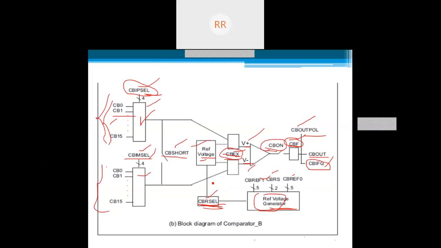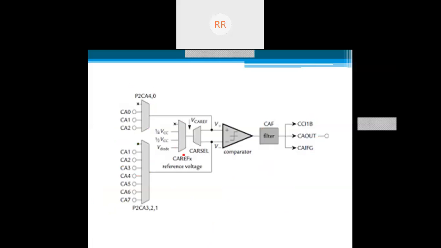Okay. Next, this is one more simplified block diagram. Previously we saw the comparator B block diagram with almost all the bits specified. Here we have the comparator A block diagram. I just want to show you a simplified one, without showing many of the bits, no complications. Input voltage VCC, 1/4th, half, and VCC, are the reference voltage selections.